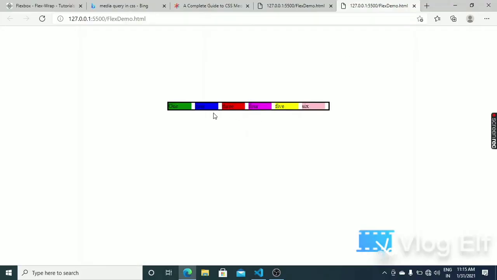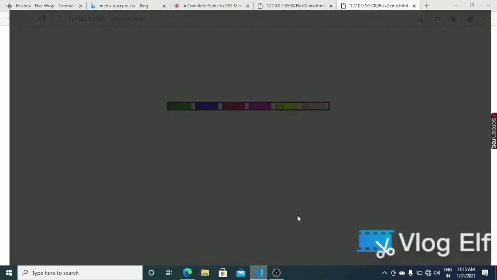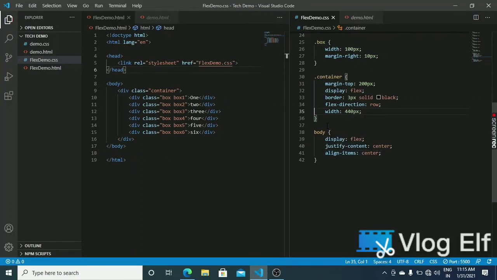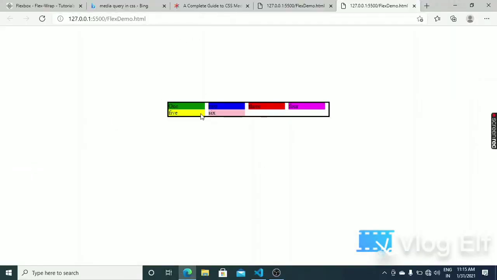It is decreasing the size of the children instead of coming in the next row, so they remain in the same row. If I make this flex wrap as wrap, it will adjust itself.